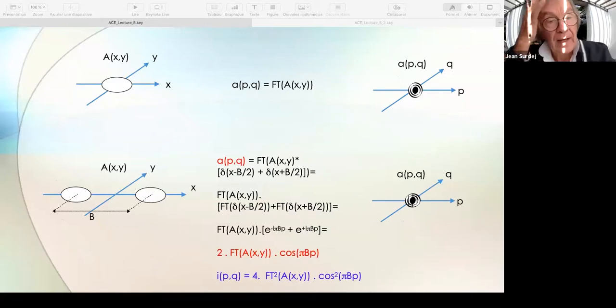Okay, now, in the lecture that you were supposed to visualize, lecture 8, we just considered an aperture composed of two apertures, which could be either circular apertures or square apertures or anything you may think of. What we had seen during lecture number 7 is that if the aperture is just unique, or circular, we know that the